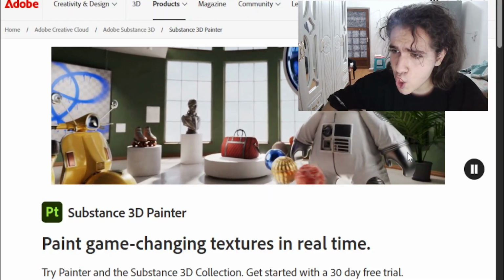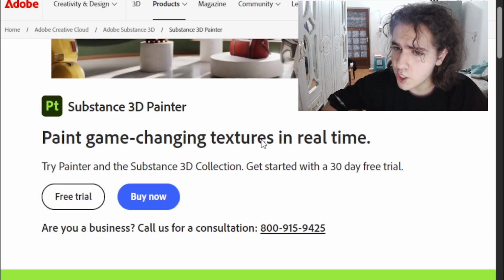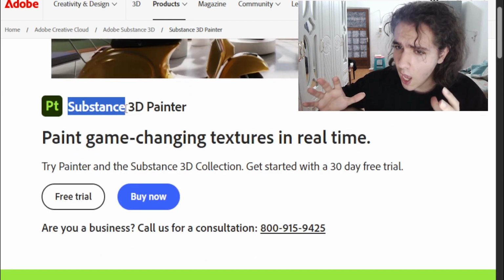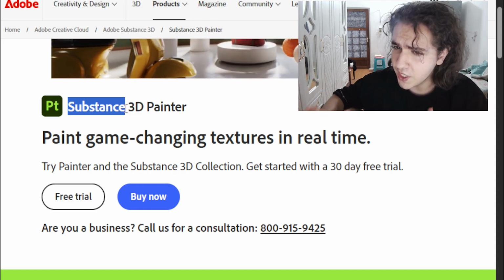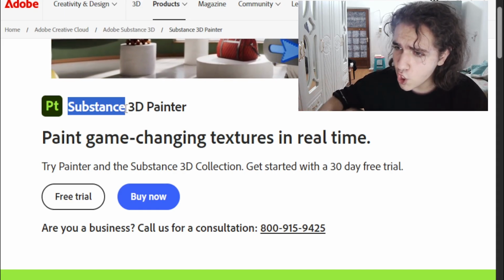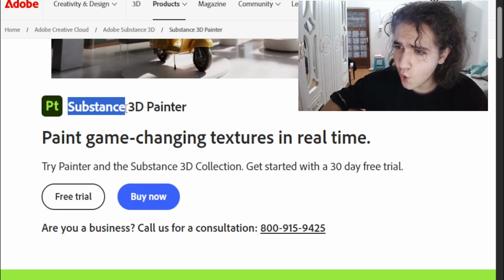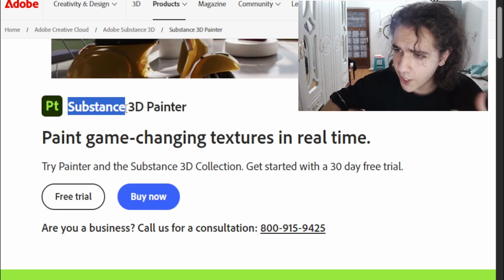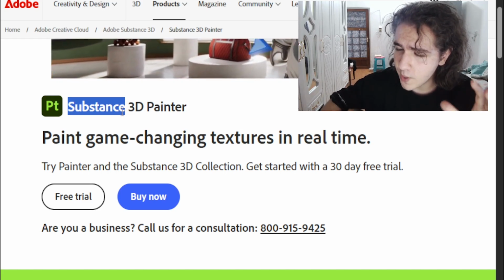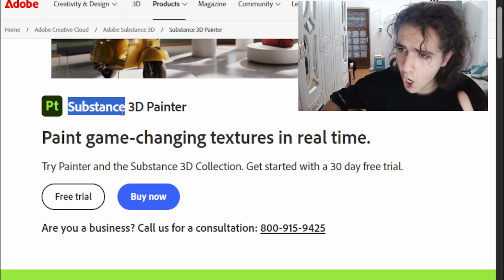But if you have a very good sculpted and a very good modeled thing, you need to texture it, and here comes Substance Painter. Substance Painter is actually the best, in my opinion, texture painting software out there. I definitely would recommend it, and it's widely used in indie development, and in AA and AAA industries. I know many people don't like Adobe, but Substance Painter is one of the best tools out there.